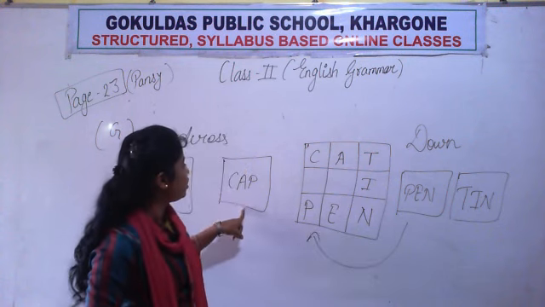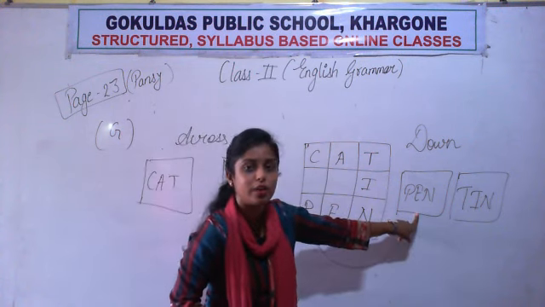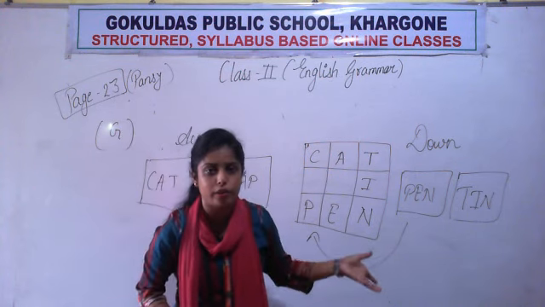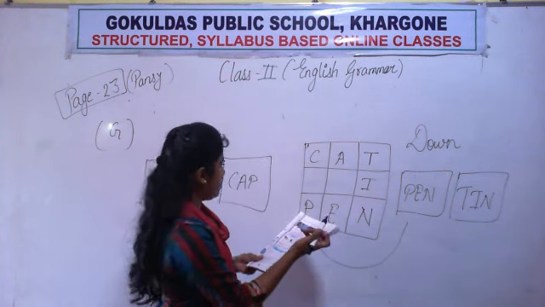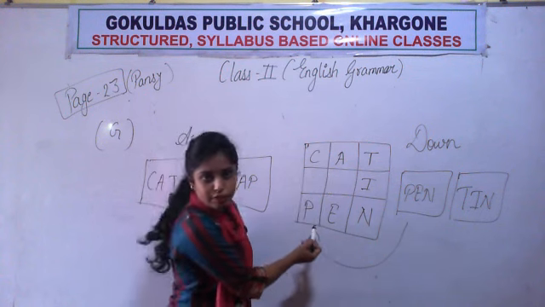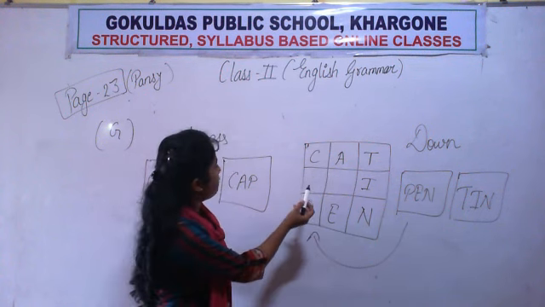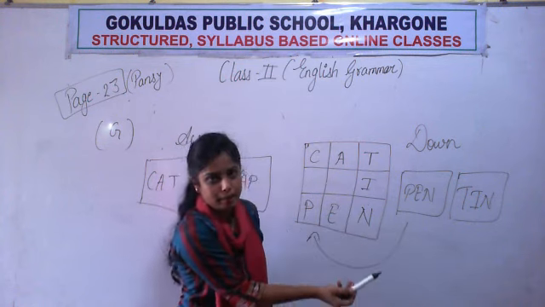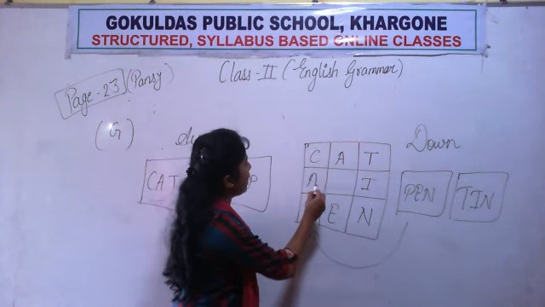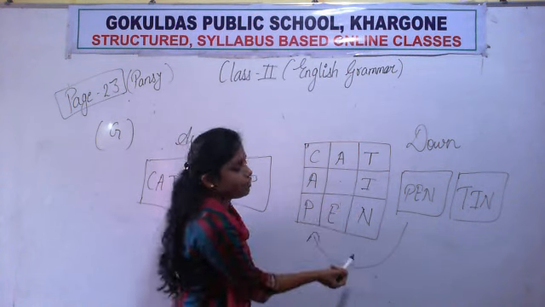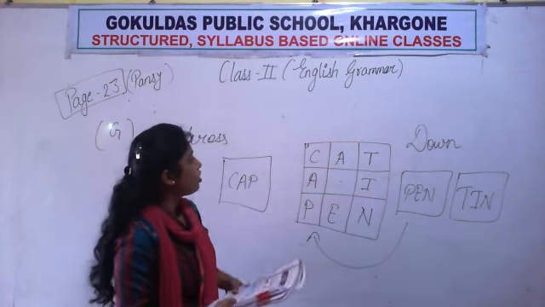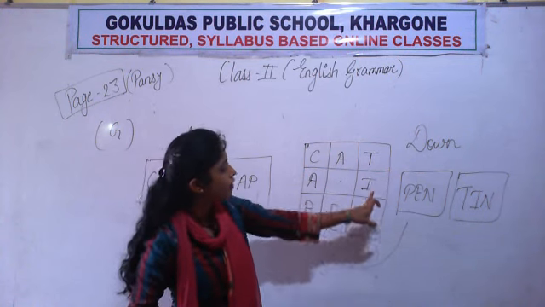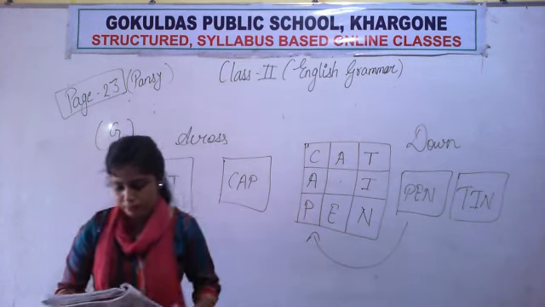Okay, I have used a lot of my brain already to solve this, and at the end I came to the conclusion that this should have come here in the downward side and this should have come here in the across side. So this is given ulta pulta. Okay, then at last cap. See, it is getting fit. If we wrote cap here, look, if CAP was here, then these two words would not fit. So that's why we are writing cap here, and this is just blank. Don't write anything there. So cat we have written, cap we have written, pen we have written. So just do it fast.